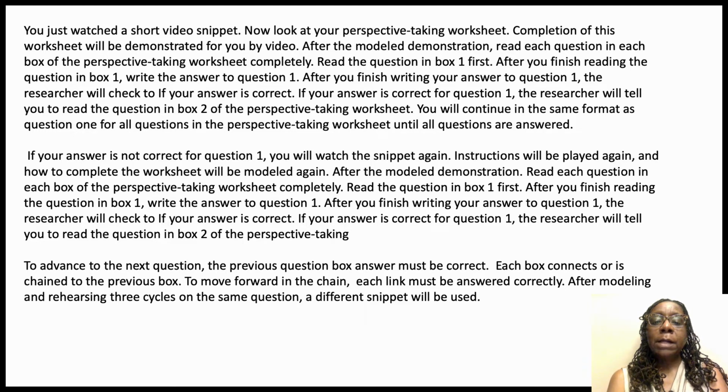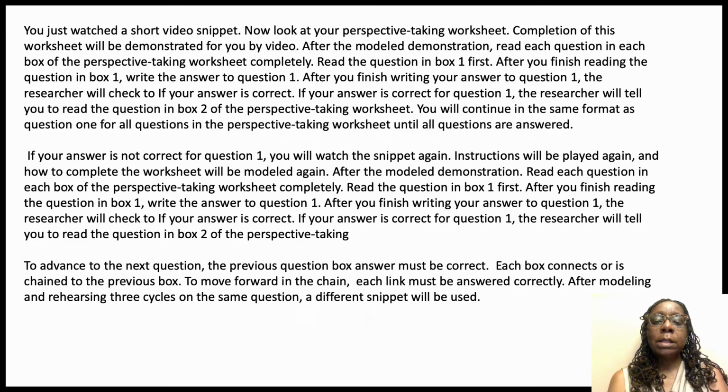Read the question in box 1 first. After you finish reading the question in box 1, write the answer to question 1. After you finish writing your answer to question 1, the researcher, which is myself, will check to see if your answer is correct. If your answer is correct for question 1, the researcher will tell you to read the question in box 2 of the perspective taking worksheet. You will continue in the same fashion as question 1 for all questions in the perspective taking worksheet until all